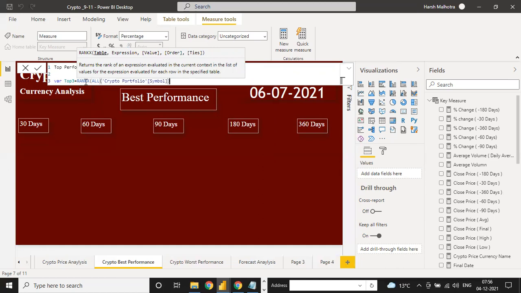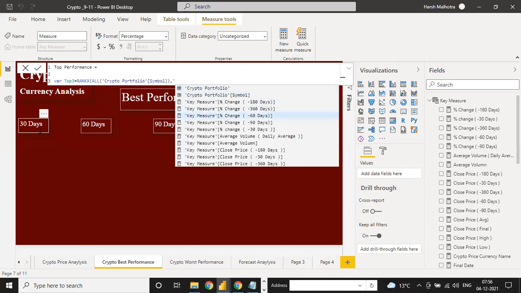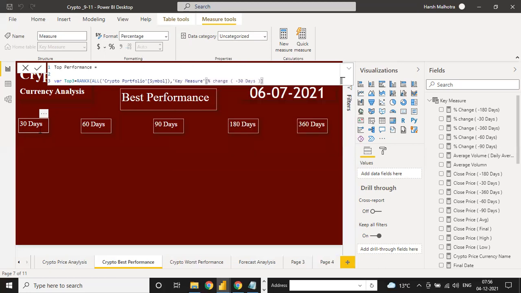We need rank, we have to put rank all into the currency table of symbol wise. And then what is expression that we need, 30 days. We have to change by 30 days. So we have to put our measure percentage wise because we need a percentage wise our performance. So if I click here 30 days, rank all on the basis of the symbol chart, key measure is 30 days.